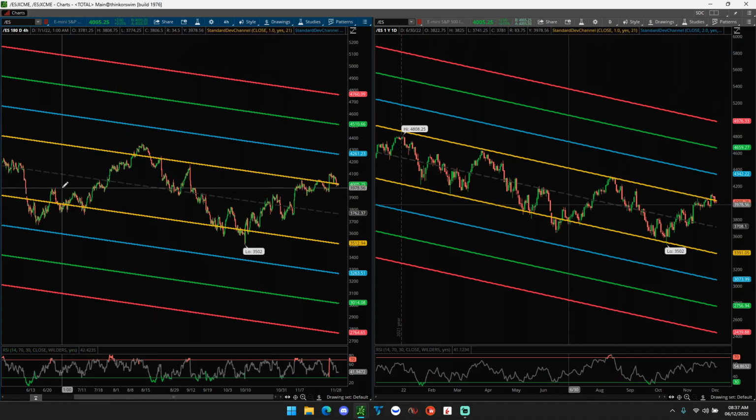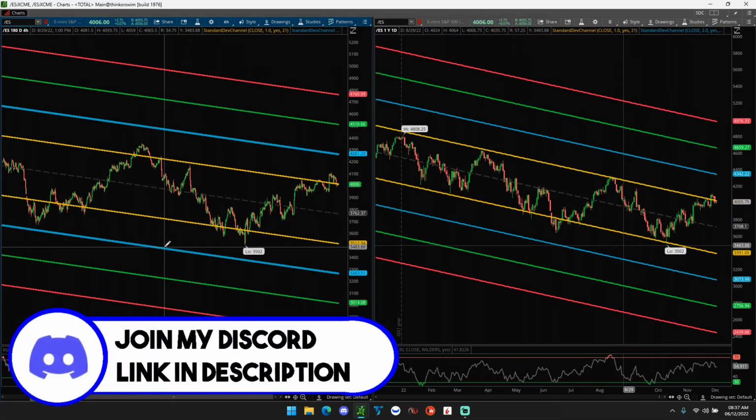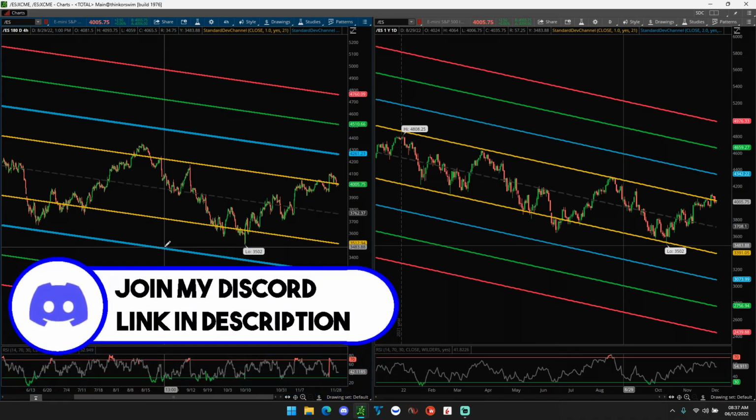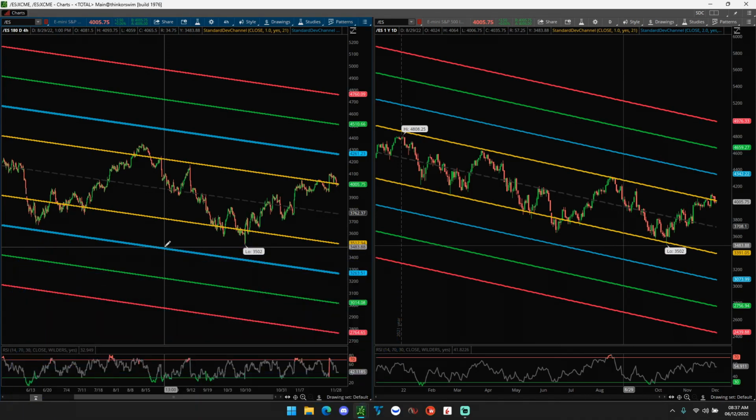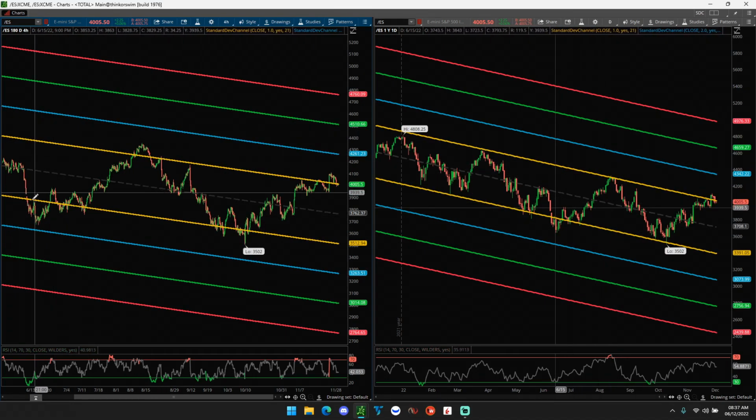So obviously, like we know, first deviation, 68% of the data should trade within here. Going on to the second deviation, so these blue ones, 95% of the data should trade within. So really, on the S&P and these big indices, and most futures in general, you hardly ever see them break past a second. So it can usually be really good entries trading the second deviations. Again, just playing the reversal at these levels.